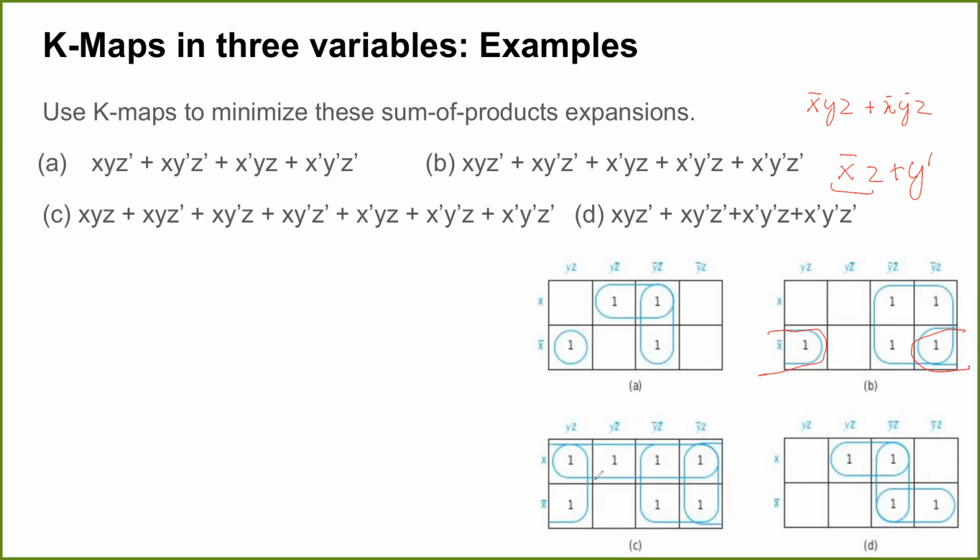Okay, great. Now let's look at the C part. Okay, so C part, I have this kind of one mappings. The way I can group them together is, one is this 4, another is the group of these 4, and third one is this. Okay, I want to cover all with the largest possible groups. So can you tell me first of this longitudinal one, what is the term associated with it?